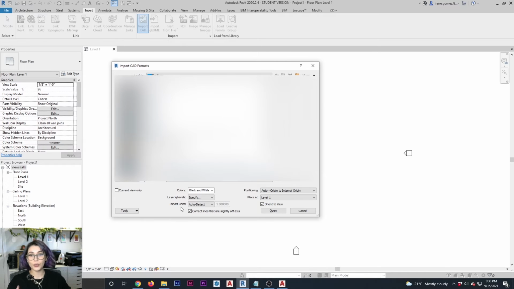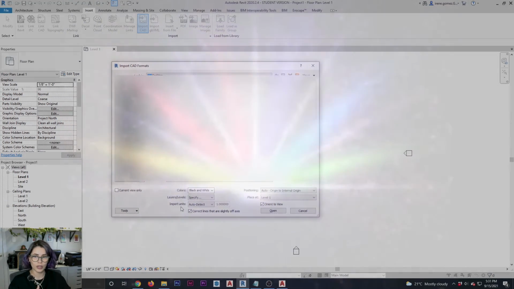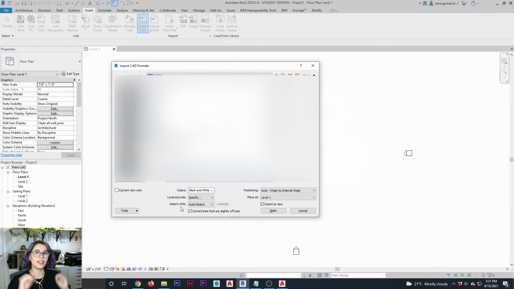Another issue will be when you import CAD files that are not necessarily AutoCAD. Remember, CAD stands for Computer Assisted Drawing. It's not specifically AutoCAD. AutoCAD is one program that is a CAD. So in those cases, just to be on the safer side, a thing that you can do is manually set up what the import units are.